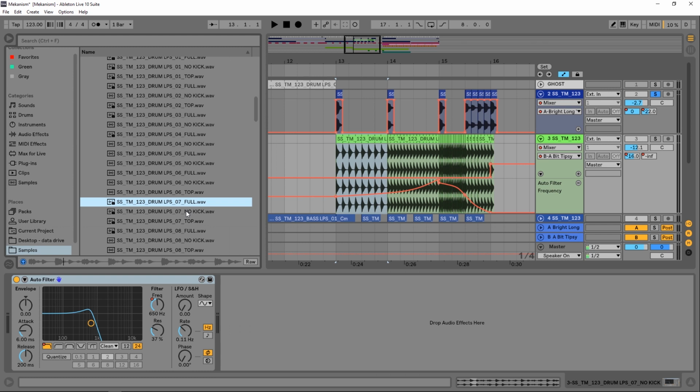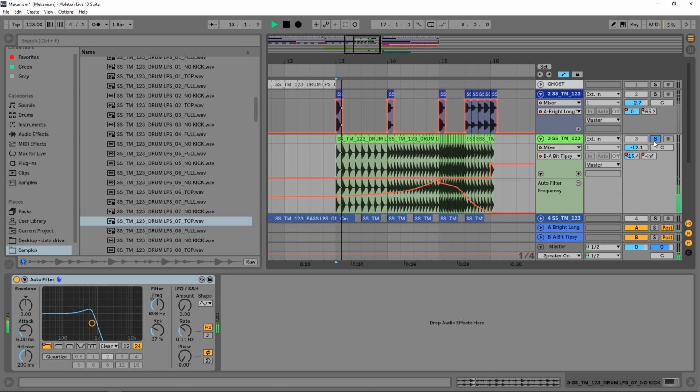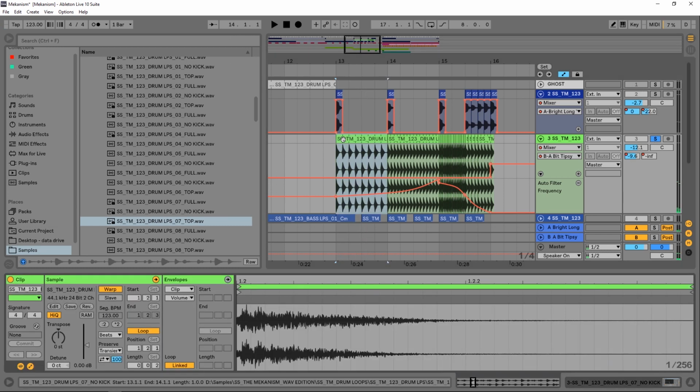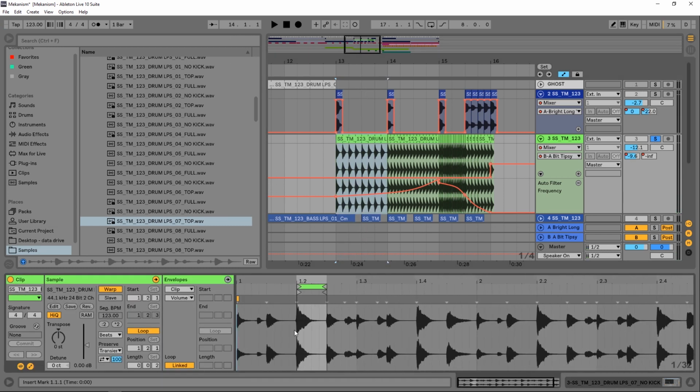You can see that that's very useful. And in fact, I used this top one, or the no kick one rather, to just take the snare and just all I did was came in and I looped that snare part by itself and let it build